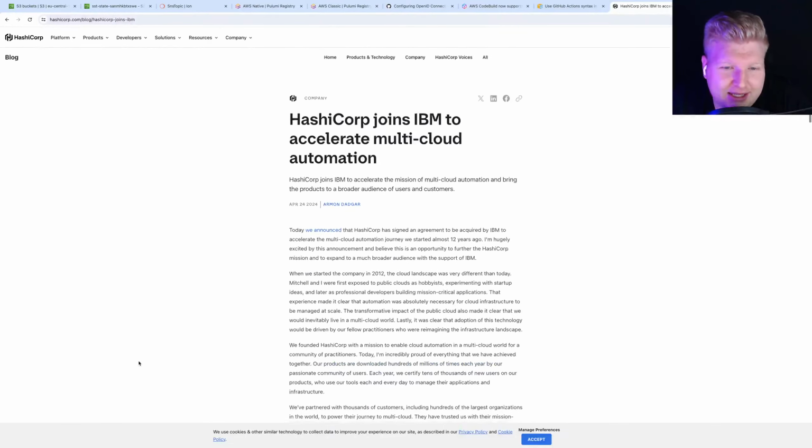Many people are hating that IBM was the one who bought HashiCorp. I asked a question on LinkedIn and Twitter to see who else it should be. Some people are saying Microsoft, some people are saying AWS. Well, I don't know. If AWS bought it, then it might start to be more AWS oriented, which is not a good thing. If Microsoft owned it, then it would be more Azure oriented, which is not a good thing. So maybe it was good that someone like IBM bought it.